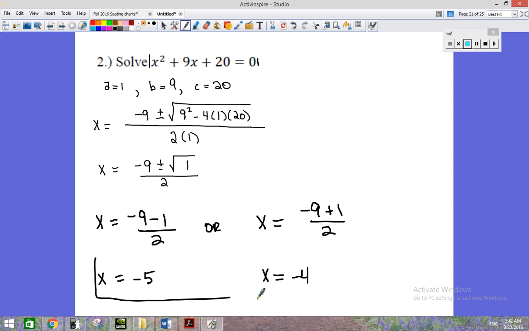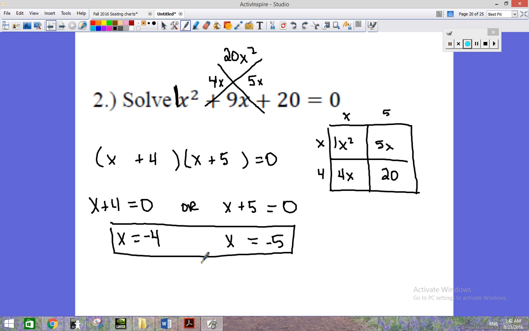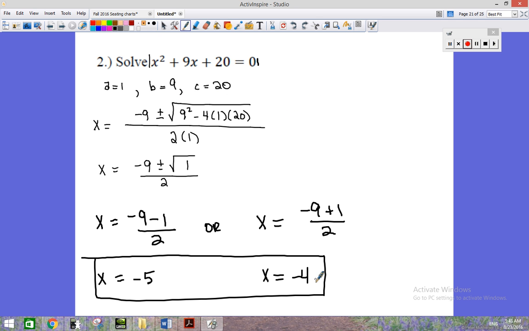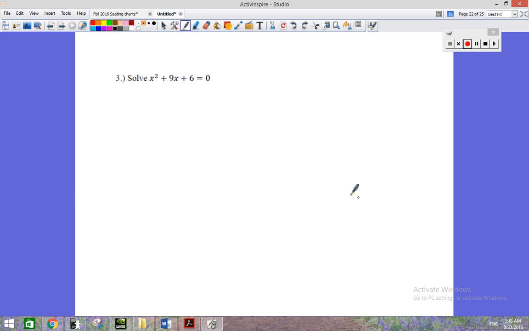And these are the same two values, maybe in a different order, that we had last time. So by factoring, we got negative 4 and negative 5, and with the quadratic formula, we got negative 4 and negative 5 as the same answer. So you can do it either way, unless the directions specify to do it by factoring or with the quadratic formula. Now, if we had tried here to factor it,